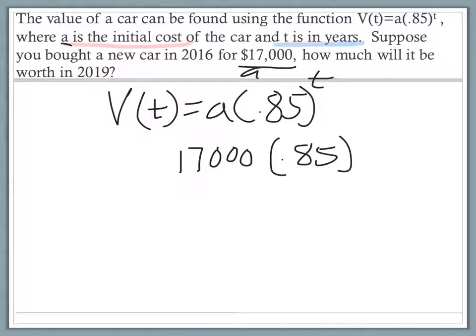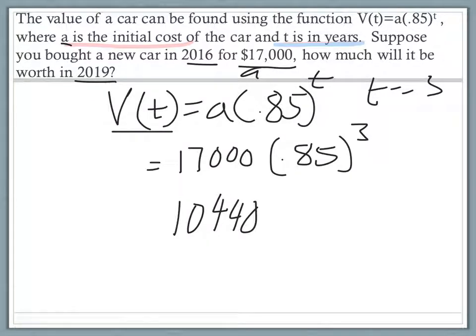So if I look, I had it from 2016 to 2019. So if you think about that, we subtract that. So it's actually only been 3 years. So t equals 3. So we're going to plug in 3 for my t. Now, it wants to know the final amount, which is going to be V of t. So let's go ahead and plug this into our calculator. So 17,000 times 0.85 to the 3rd power. Okay, and it ends up being